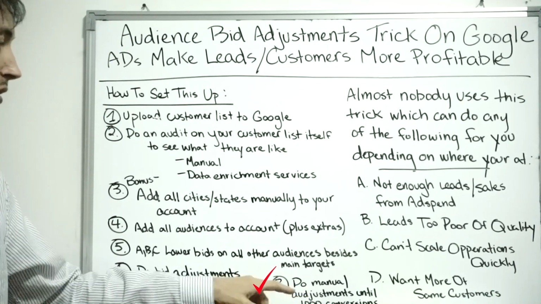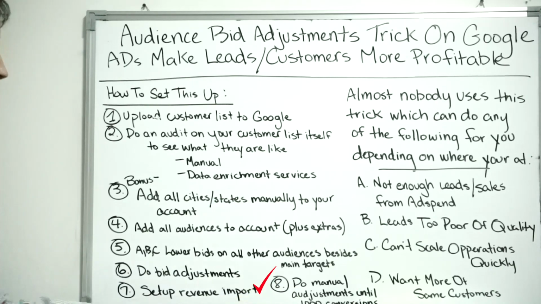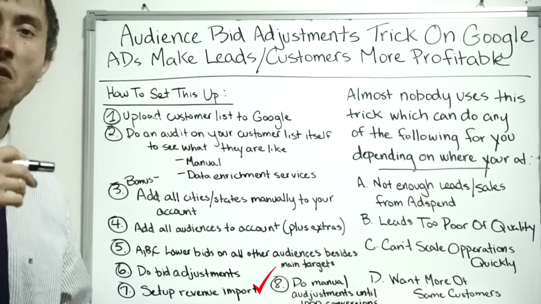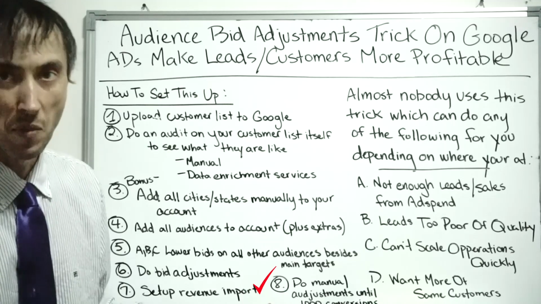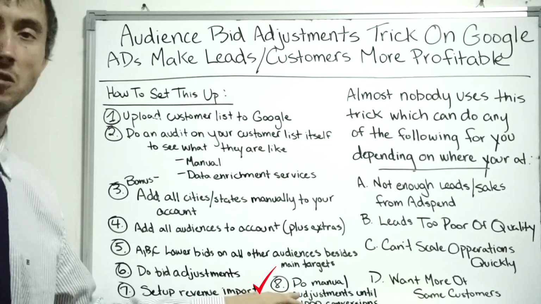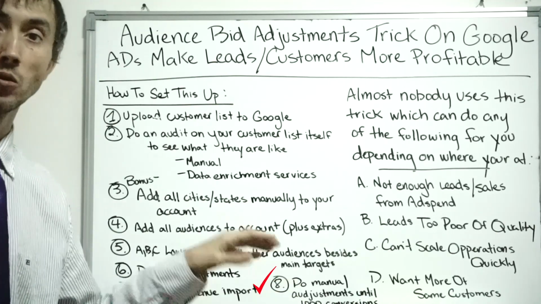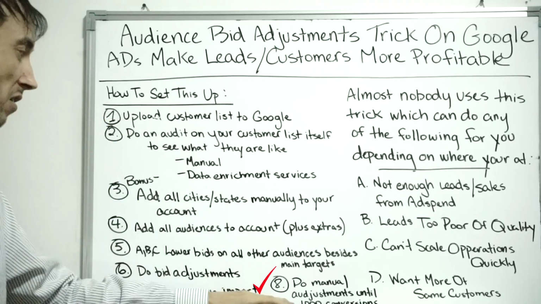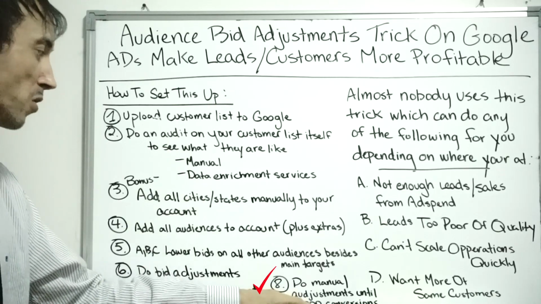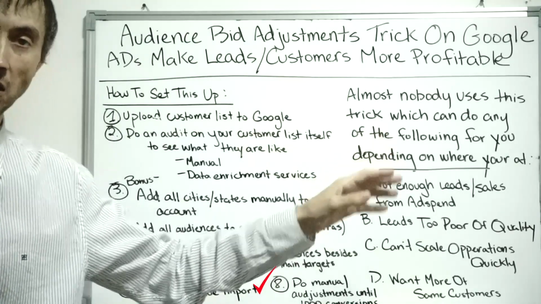However, once you have 1,000 conversions in your account, I still do recommend using, for bid adjustment, instead of doing manual bid adjustments there, once you get 1,000 sales in your account and you have your conversion tracking set up, use the maximize conversion value bid strategy on Google search campaigns, and let the algorithm do its thing, and then you can do manual bid adjustments on the audience menu, and it will still have an effect.